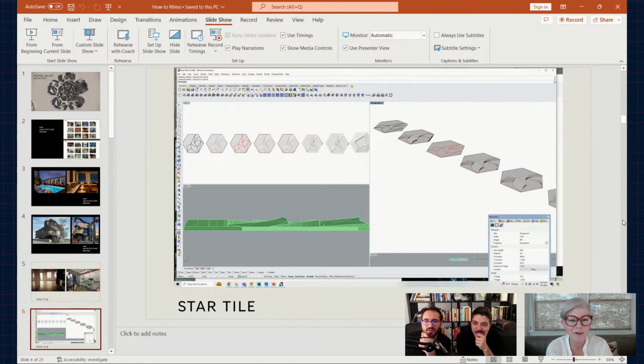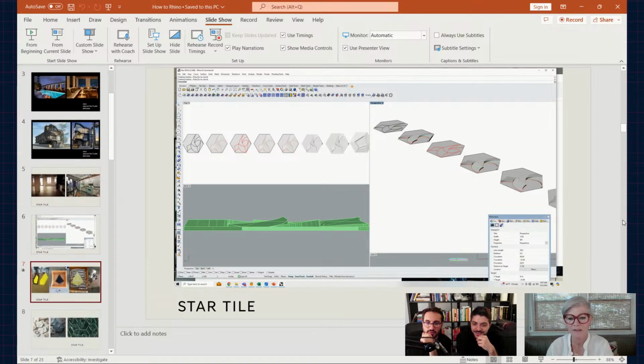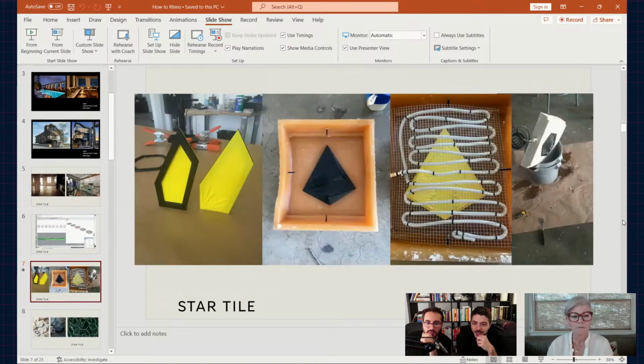So this is that tile that we were looking at, and it was just drawing it, pulling it, playing with these layers. We had to experiment a lot to find out how thick it needed to be so it wouldn't break, but wasn't too heavy. And how big should the tile be? We didn't have a 3D printer. We didn't have anything. I assume it took a lot of testing before you got it right. Oh, thousands of tiles.